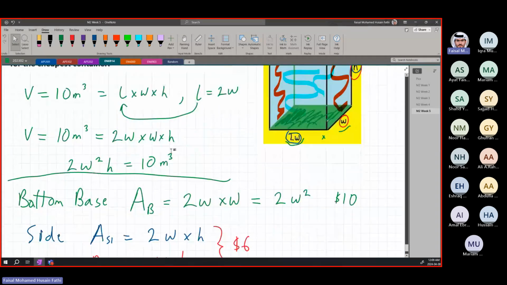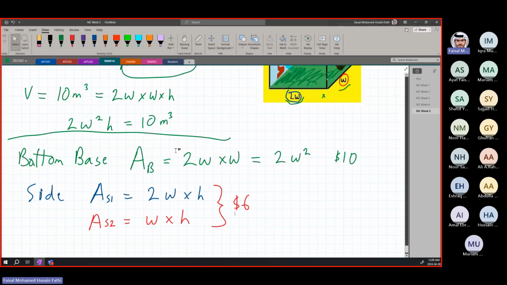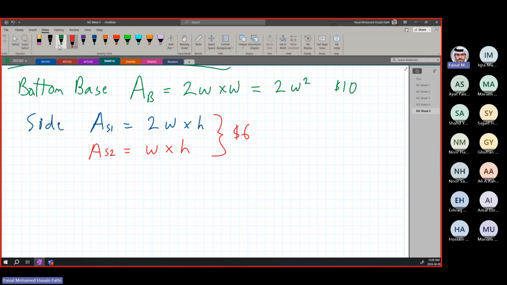First of all, where's our main equation? This is the volume equation that we have. This is the already given equation. Meaning we're not going to do differentiation here. We're going to have to do differentiation down here when it comes to the bottom base and the sides for each one. All right. So we're going to have to multiply by the cost to determine the area of each one. So the total area